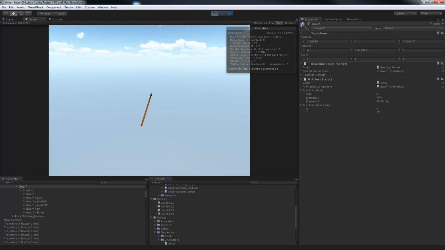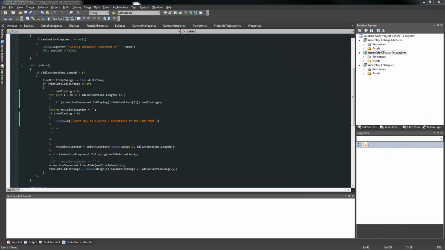Oh no, here we go. It's happened, but we didn't get anything logged down the bottom. So he's not playing two animations at the same time. Well, if we can believe that this log is telling us what we think it is. So when he comes down here, it's still, I guess, saying that he's playing both animations. Let's just do a